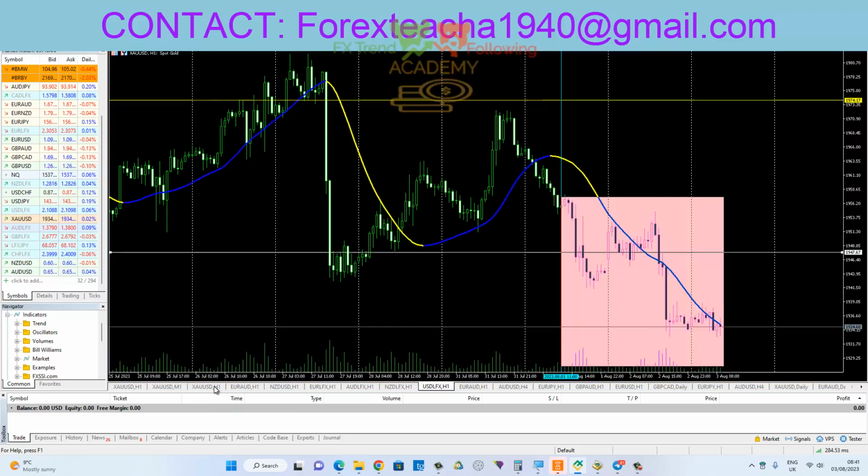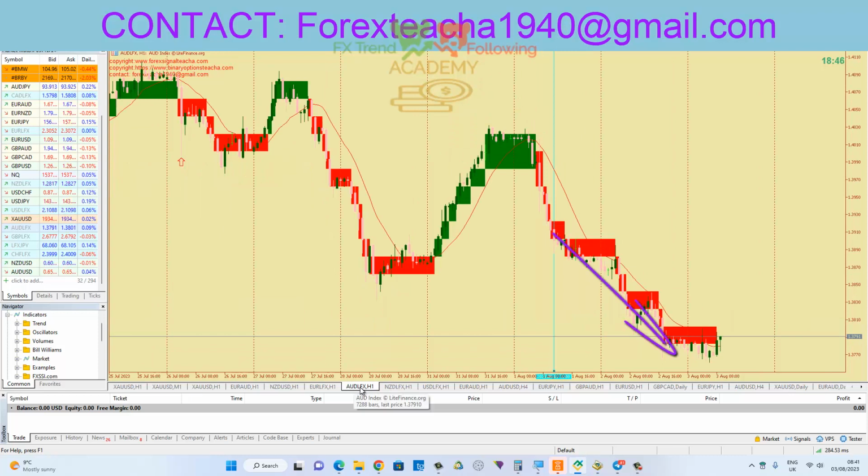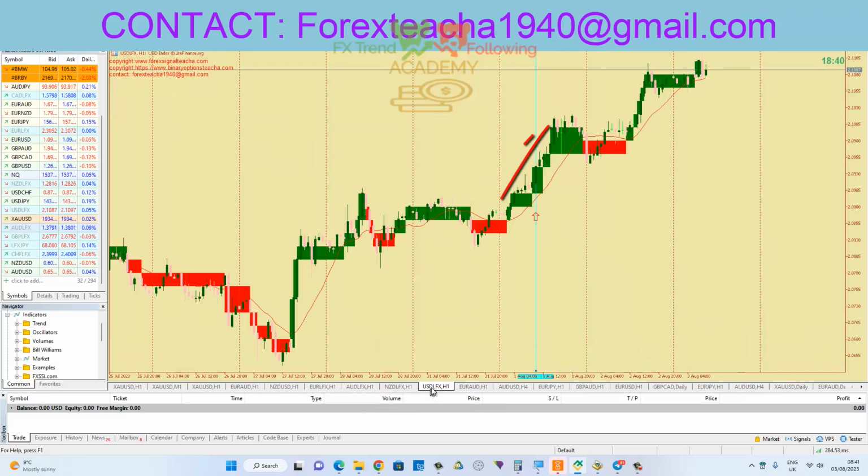All right, you go to New Zealand dollar index, it's weak. Second confirmation, tick. You go to your third one, which is Australian dollar index, is weak, which is the third confirmation. You go to USD index, which is right here. It has to be strong, which is your fourth confirmation. So most of the time,